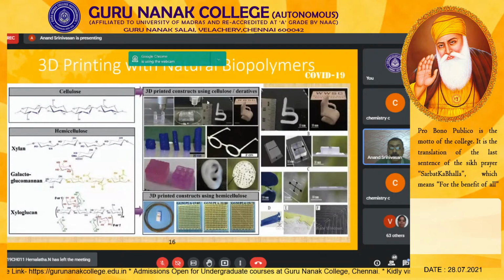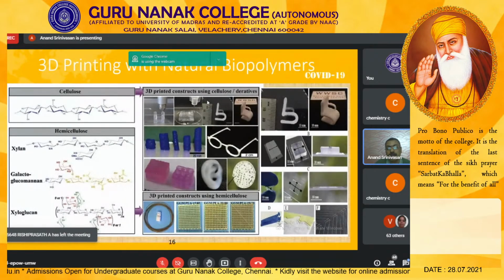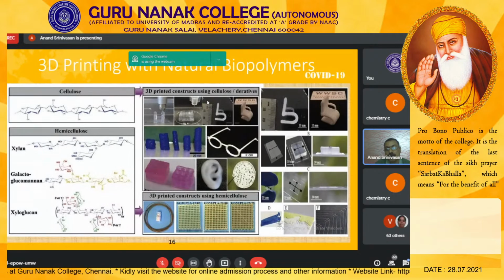Whenever you have complex shapes like the scaffolds, which cannot be made by using a conventional molding operation, 3D printing is a fascinating technique wherein you try to produce some complex structures for which biopolymers are the source materials. So you can use the following biopolymers. Cellulose can be used, hemicellulose can be used, xanthan, then glucosamine, and xyloglucan. These are the polymers which can be used for the production of various